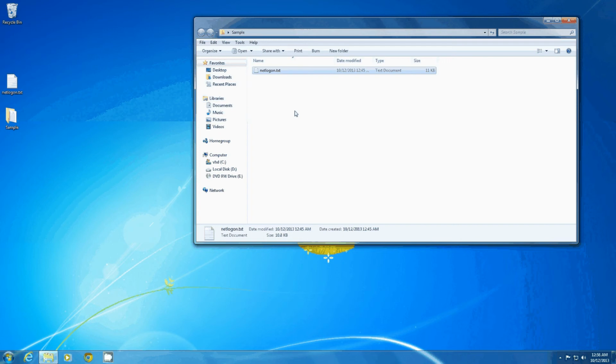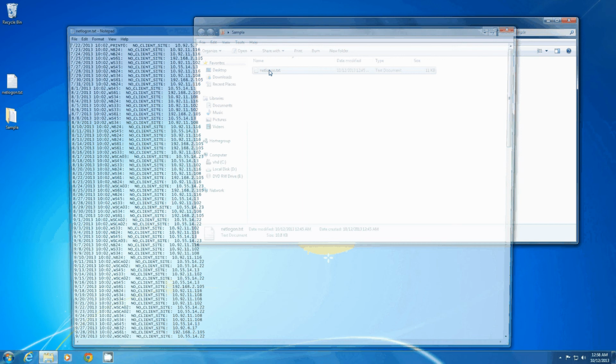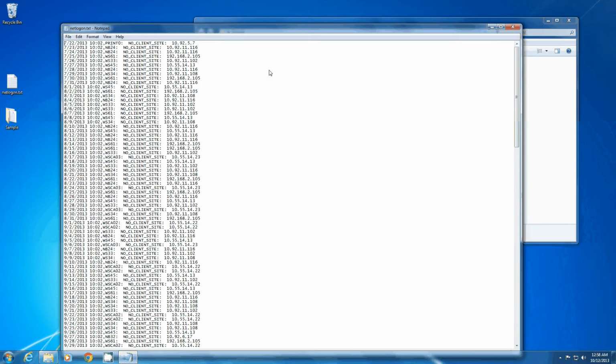Here is a quick way to troubleshoot Event ID 5807 on your domain controller when no subnet is defined in your Active Directory. The file will look like this. This is a sample of the file. It is separated by spaces: the date, the computer name, and it says no client site, and then the last one